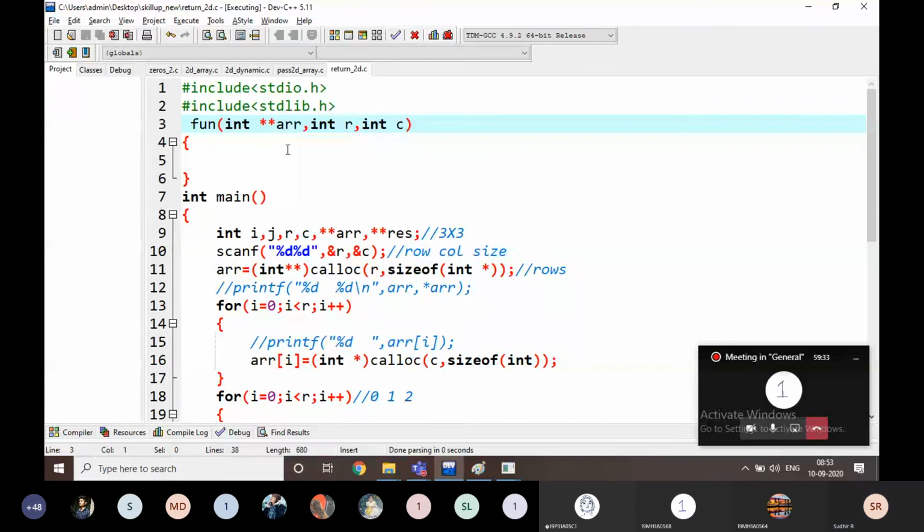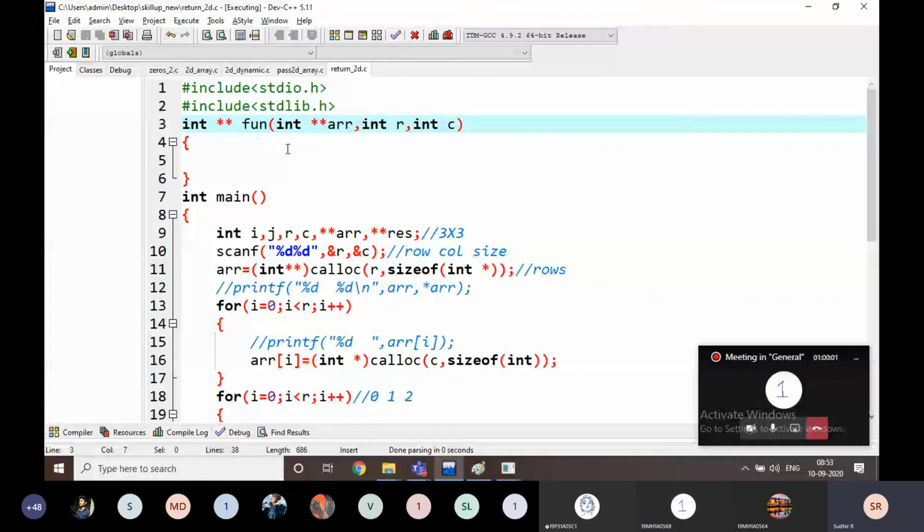Int type. Not int. If I am going to return only one array, I am going to write int star, right? If I am going to return a multi-dimensional array, then what do I have to write? Students? Int star, sir. Star, that's it, nothing else.